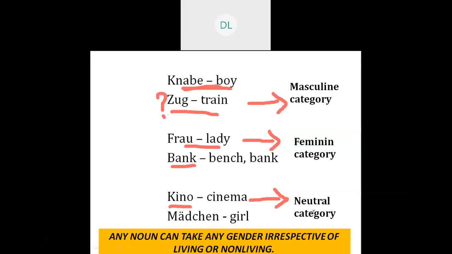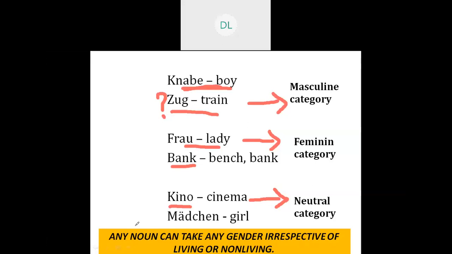Now I'll come to the main point. In German, what is the rule? How different is it from our English? What the rule in German is, is specified at the bottom. Any noun can take up any gender irrespective of living and non-living. I repeat,